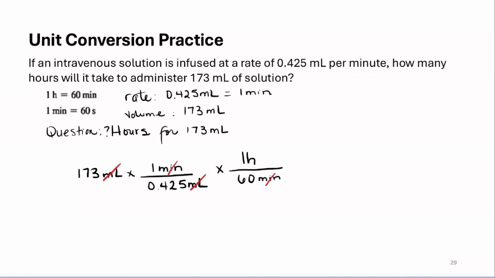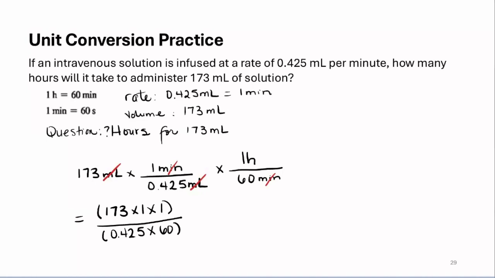The way that we enter these values onto the calculator is by taking 173, multiplying it by the value of 1, multiplying it by the value of 1, and then taking that result and dividing it by the result of taking 0.425 multiplied by 60. Notice that I put it in parentheses, and that's how it must be entered in the calculator. So when we enter this in the calculator,